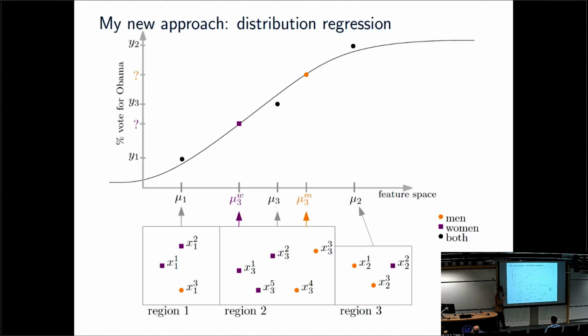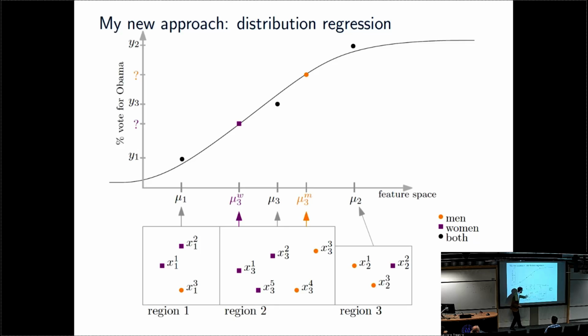So mu is suggestive of it being the mean, but it's not just the linear mean of all those observations. It is mean in a high dimensional space itself. I can give you more details on that if you care about them, but this is the high level idea that you need. So I've got my predictors mu1, which are a nonlinear function of the people who I have in Texas. And again, I've got women in purple and men in orange. And here's region 2, Pennsylvania, women in purple, men in orange.